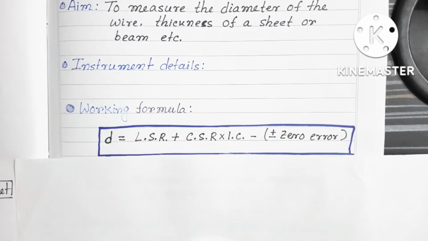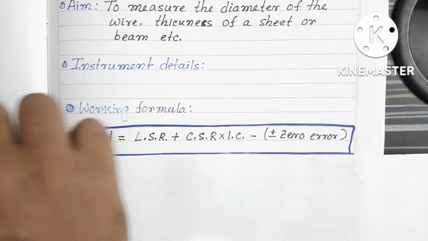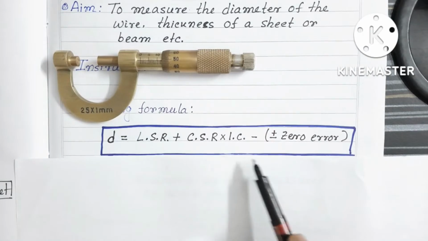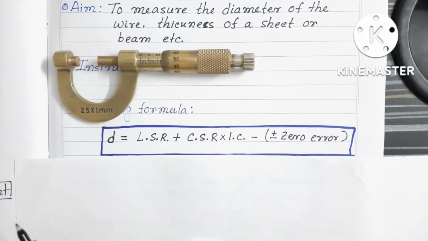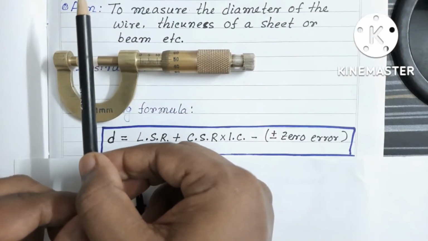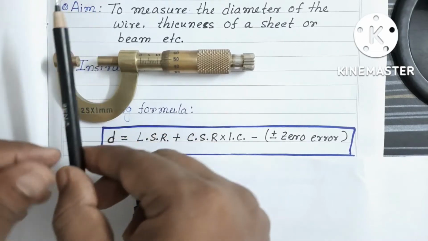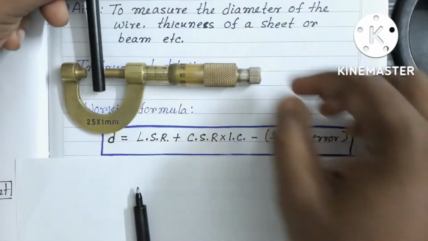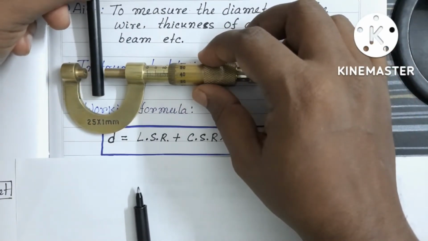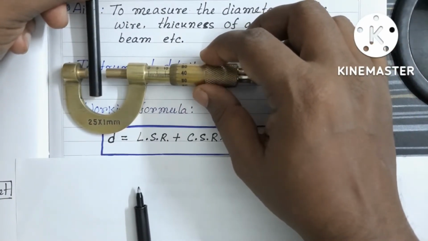If you want to measure the diameter or the depth of an object using this instrument, this is the working formula. So for example, let's say we want to measure the diameter of this pen. So how to measure that? First we have to place this pen properly